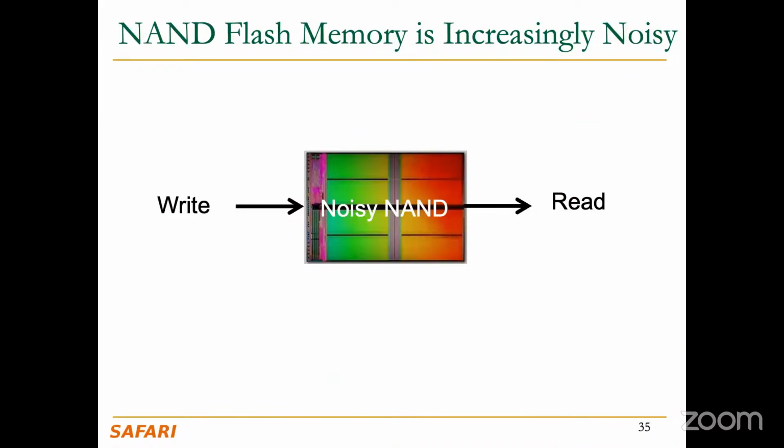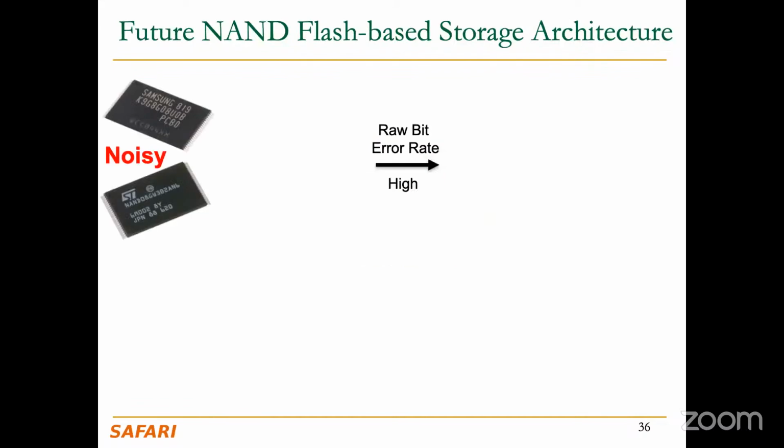I like this analogy. Basically, you can consider your flash memory as a noisy channel. So essentially you write to your channel and then you read your channel. But in between, in your channel, you will have a lot of noise. So basically what we had in the past is that we have these noisy, or let's say error-prone, flash